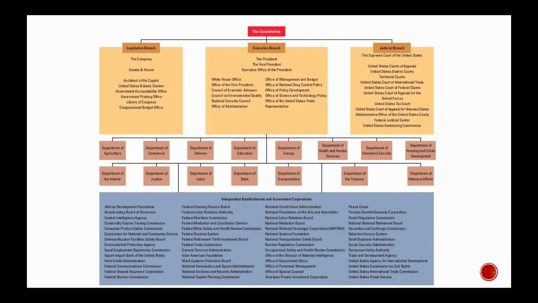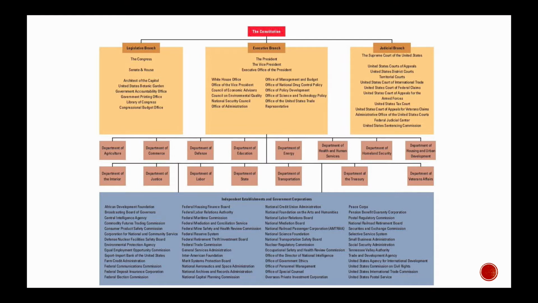So what you see here is a large-scale organizational chart for the entire government. And what you see here is that it is the executive branch that largely makes up the bulk of the bodies that are the government, right? The legislative branch and the judicial branch are co-equal, and they have their own service agencies within them, right?